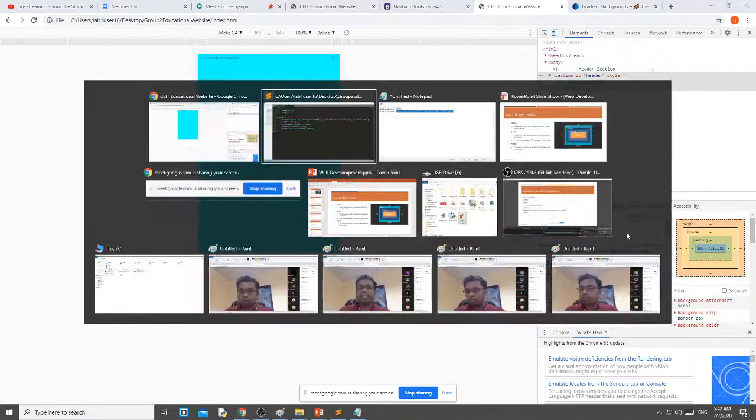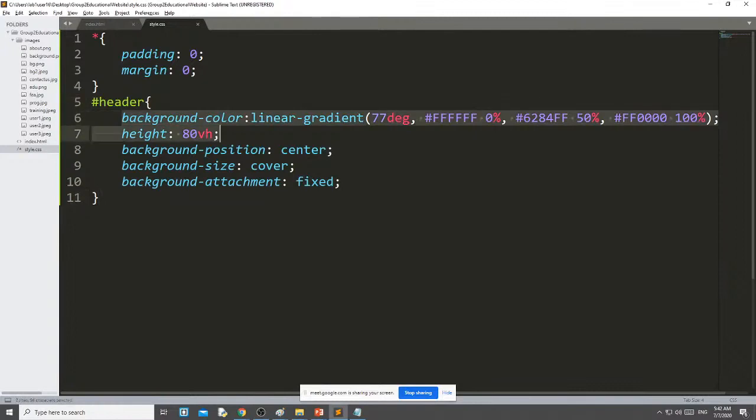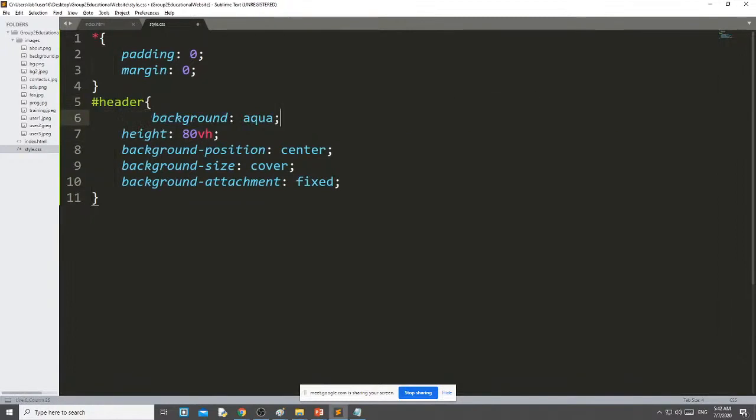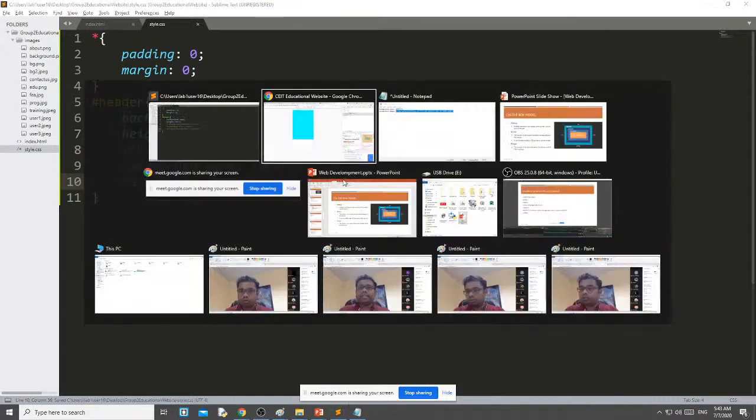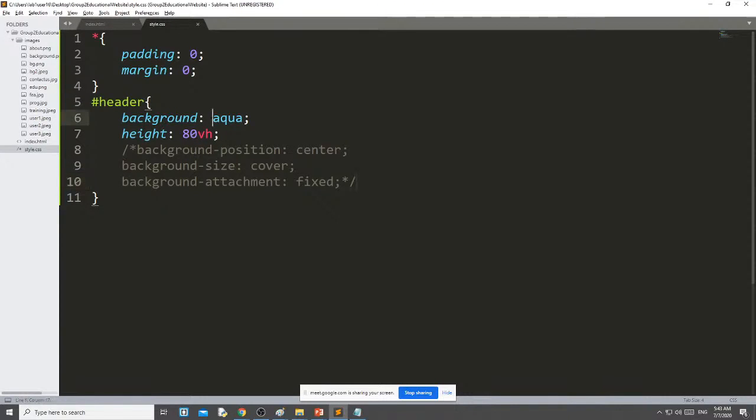Just a minute, because my CSS is not working properly, that's why I'm just doing hit and try. Okay, let me see that background height. Now it is working.